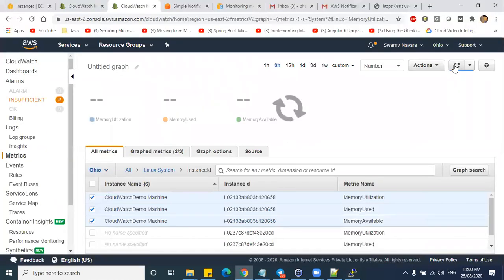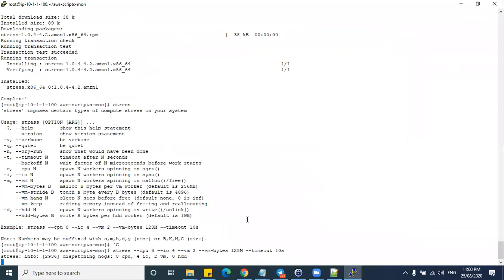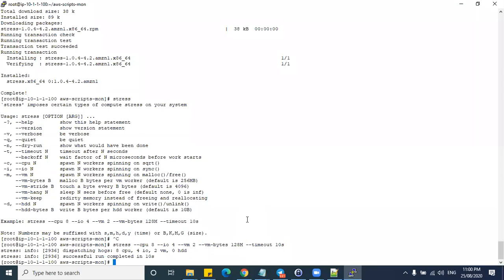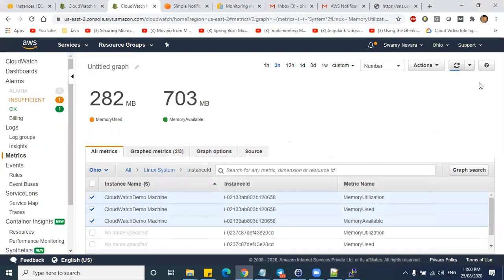So let us check. Let me change this memory here. So instead of 128, I'll put 256, and I'll keep two units. And let us execute this for 5 minutes so that the memory will keep on increasing. Okay, so I started executing for 5 minutes.